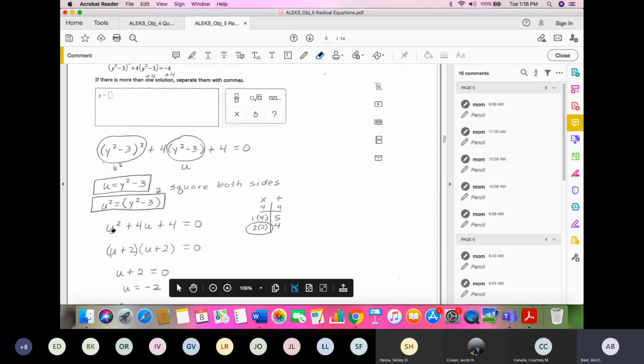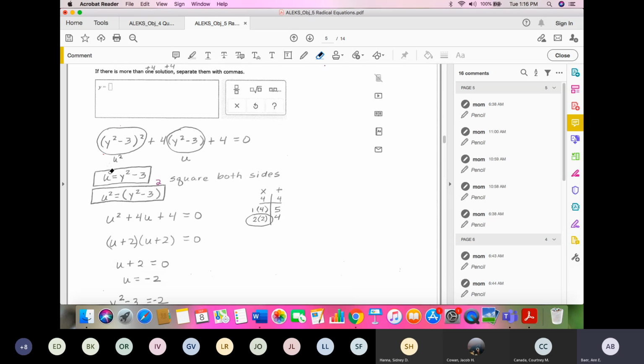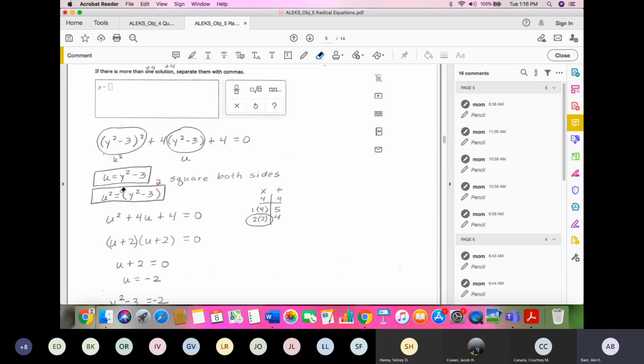And let me bring this up a little bit. We get u squared on this side. And that goes down here. And then we would take this side, put parentheses around it, and square that. When I was looking over my notes this morning, I wrote that in with all these tools I have up here now. It's amazing. I discovered this summer that so much software now has markup tools. So it's really nice. So that's what I did. Okay, I put parentheses around here and I squared this.